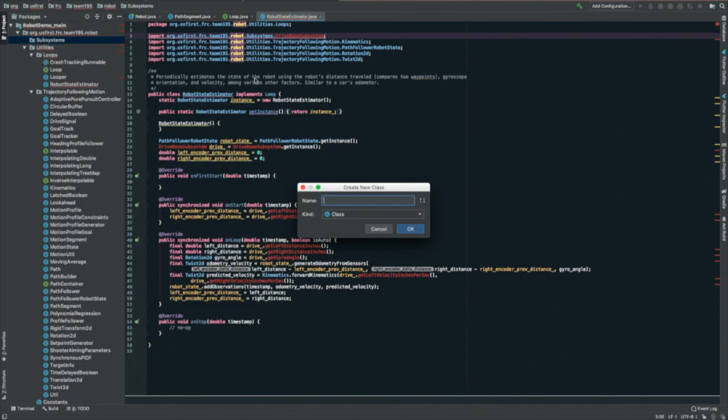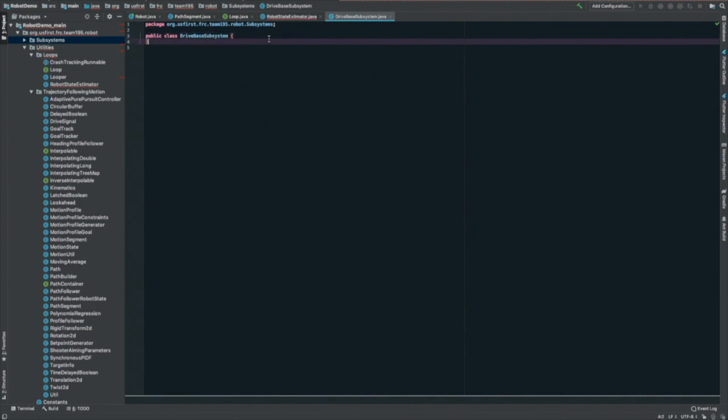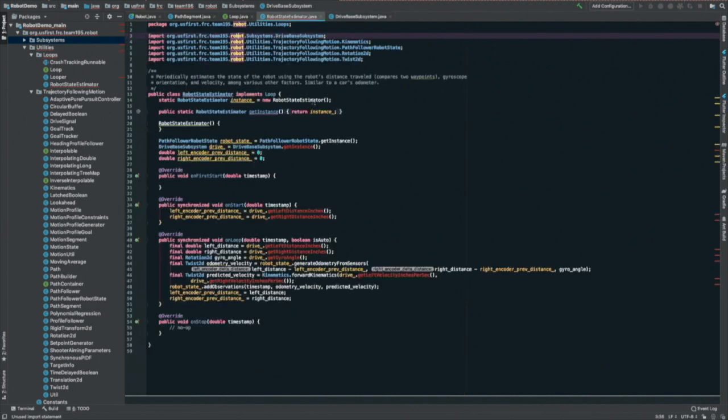And now we'll make a new Java class, DrivebaseSubsystem. Another important thing to note is that for all of our classes that we create, the majority of them, not for anything big, we instantiate them as singletons. Now, what is a singleton? What does that mean? Well, when a class is a singleton, it means that there can only be one instance